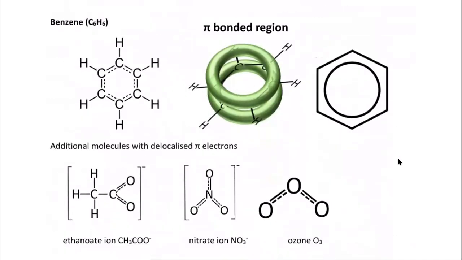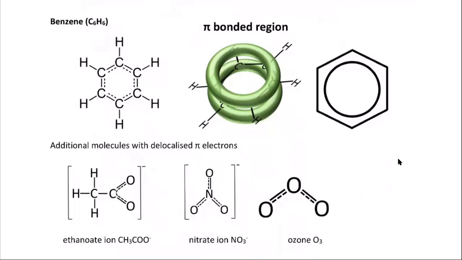The other molecules that you guys need to know that do this, this one we're going to see again a lot more when we get to organic. It's called benzene. Benzene is a cyclical molecule, and that means that they're in a ring. When we draw it, it looks like a hexagon like this, okay? It's a cyclical molecule, meaning they're not in a straight line. They're all connected in a circle, or actually a hexagon. And if I were to actually draw it,